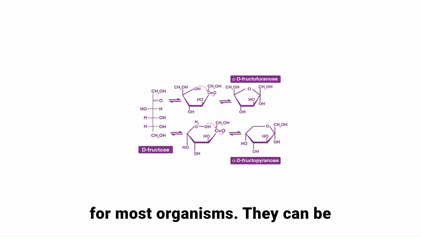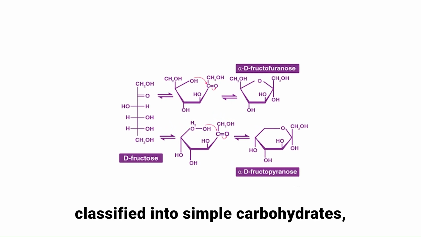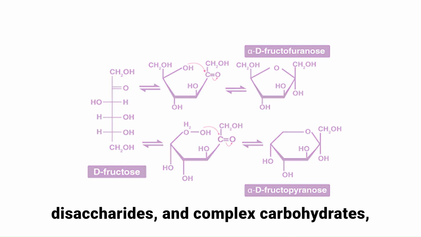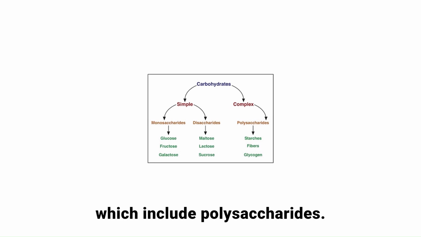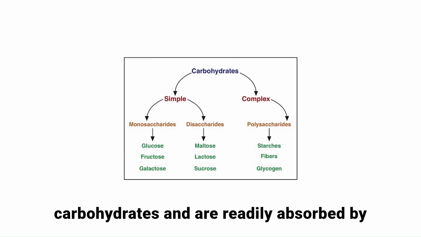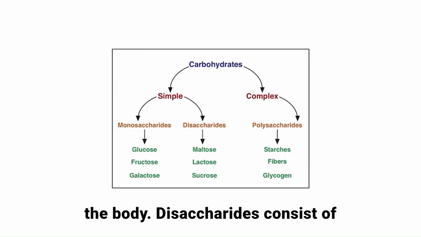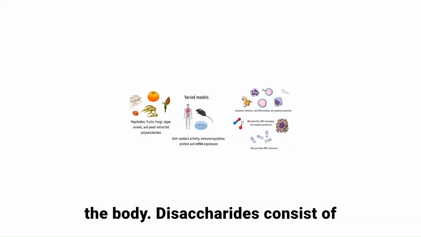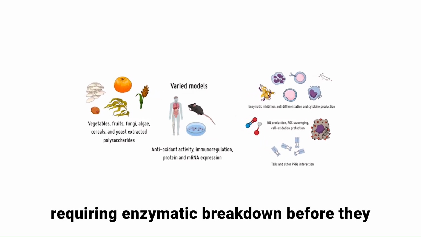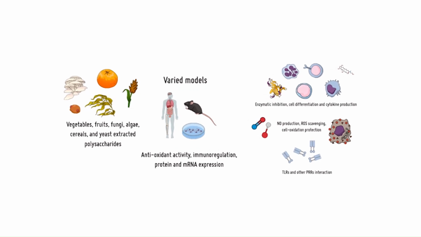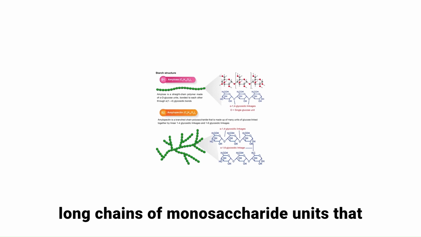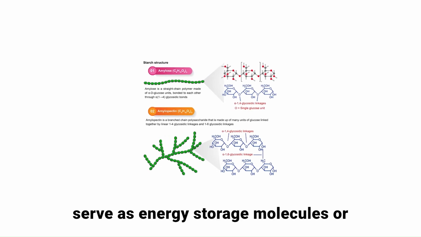for most organisms. They can be classified into simple carbohydrates, known as monosaccharides and disaccharides, and complex carbohydrates, which include polysaccharides. Monosaccharides are the simplest form of carbohydrates and are readily absorbed by the body. Disaccharides consist of two monosaccharide units linked together, requiring enzymatic breakdown before they can be utilized for energy. Polysaccharides, on the other hand, are long chains of monosaccharide units that serve as energy storage molecules or structural components